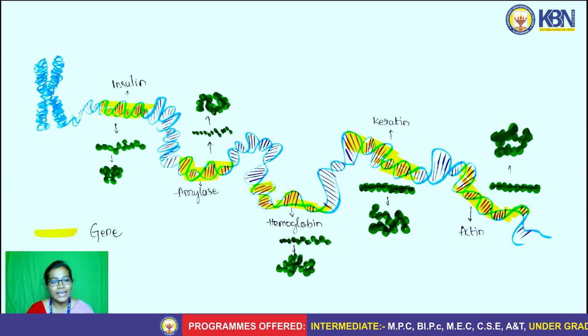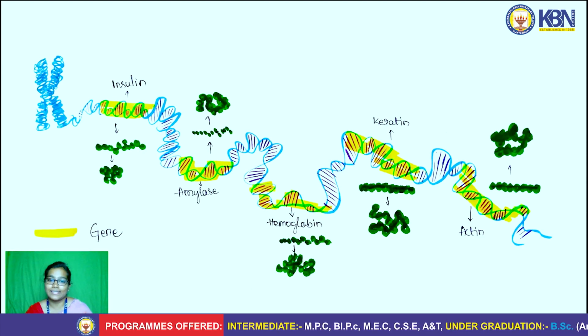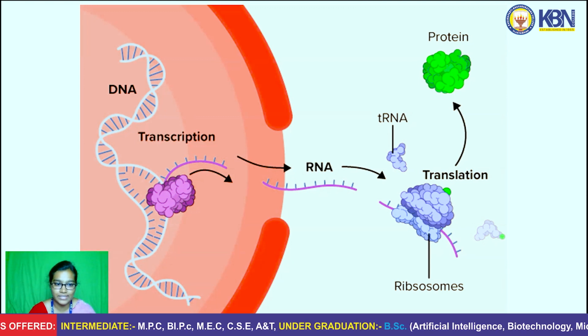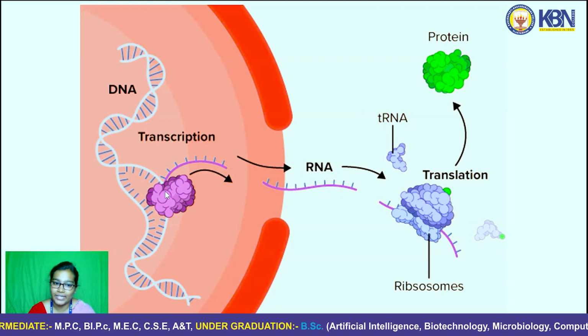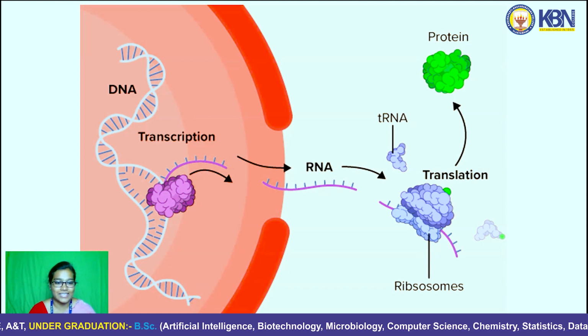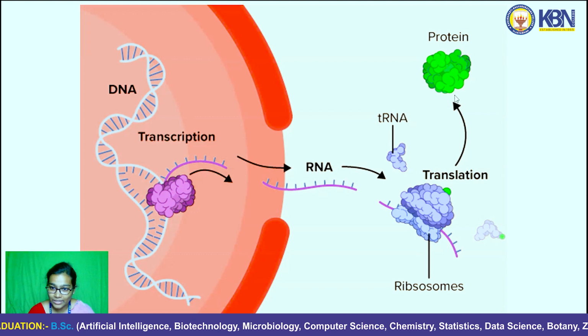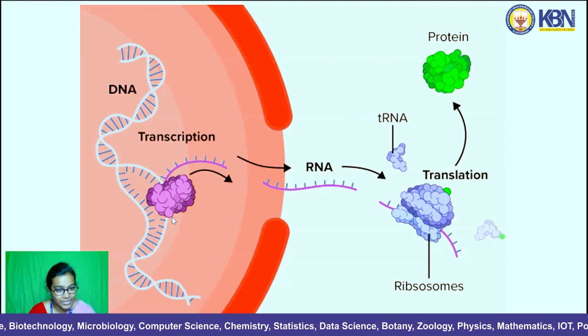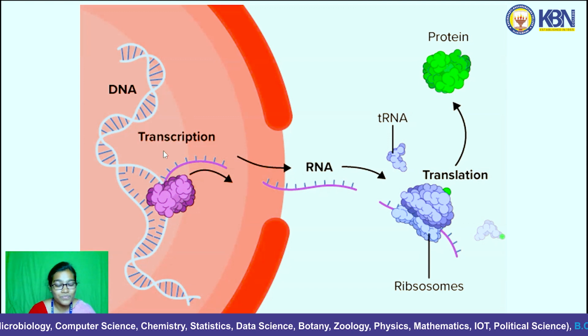Yes. It happens in several steps. Which steps? Let us understand. First, a gene is activated. For example, let us take an example, insulin. Yes, we need insulin protein. For that, first, a gene has to be activated, and then from the gene,